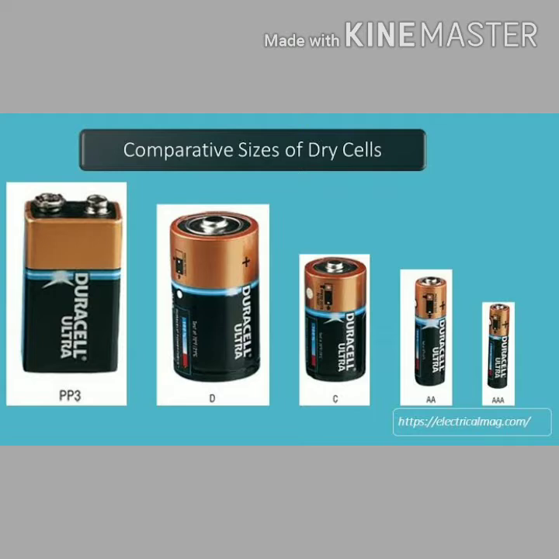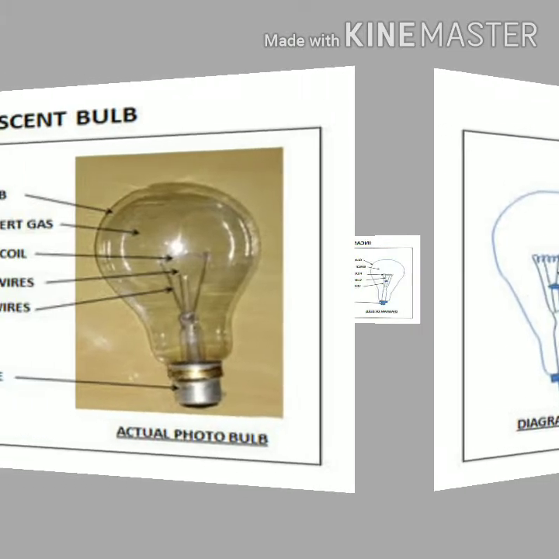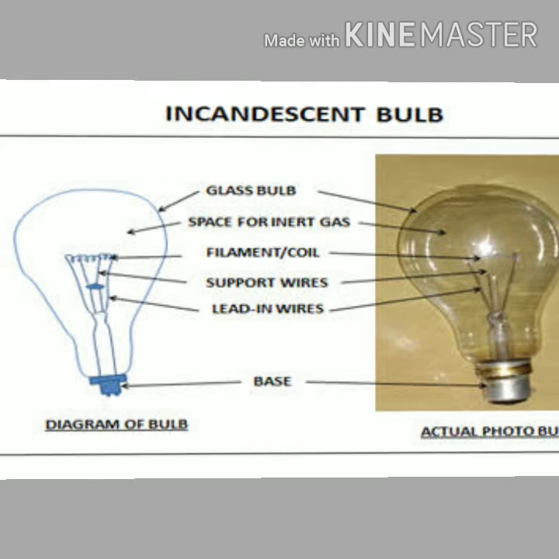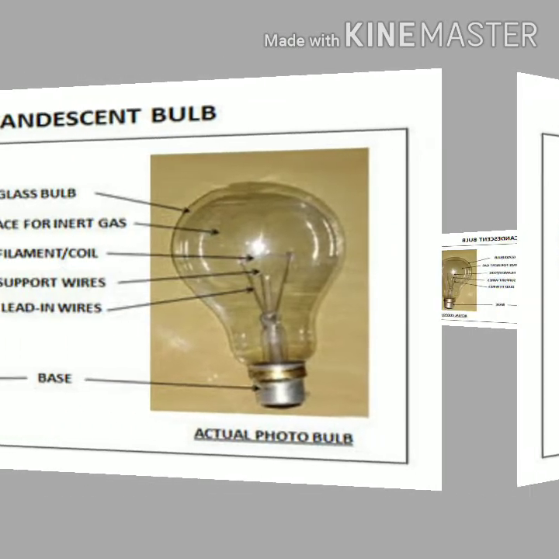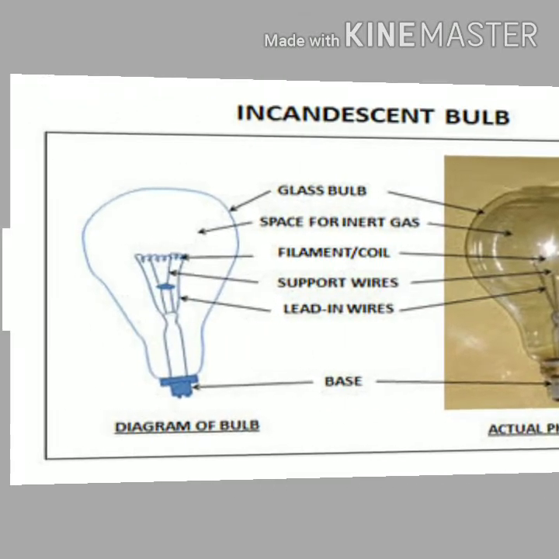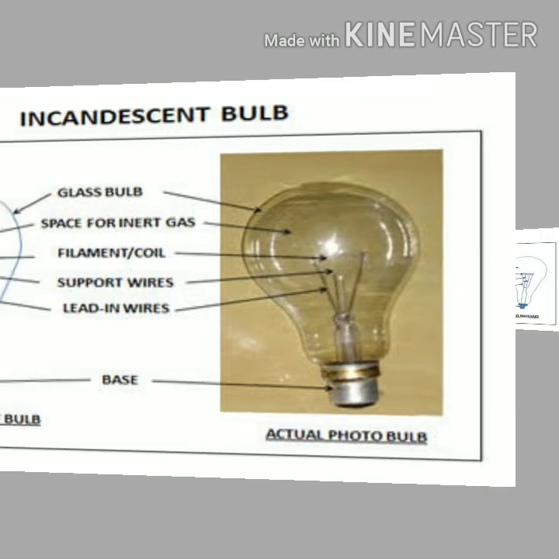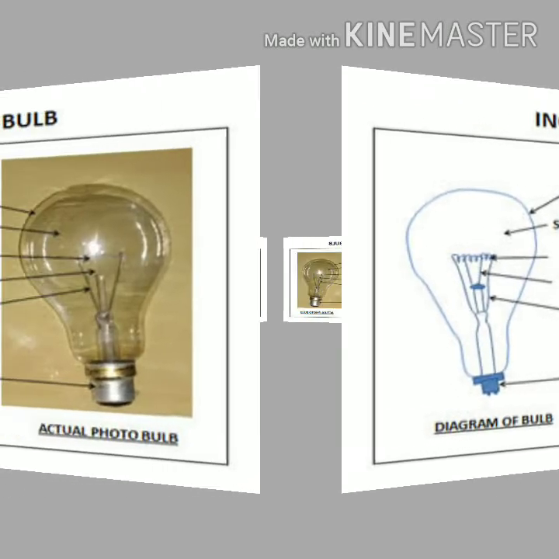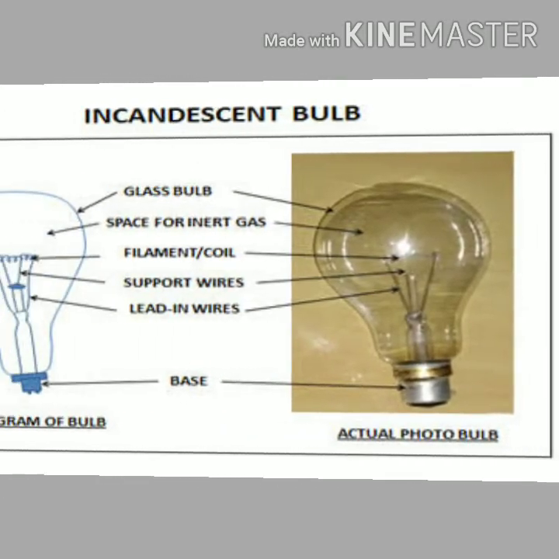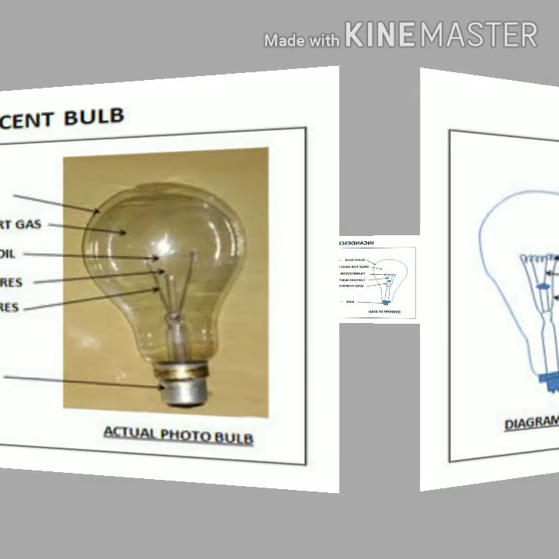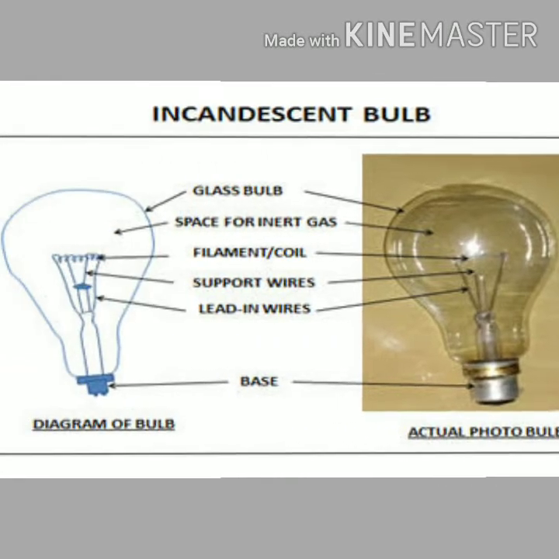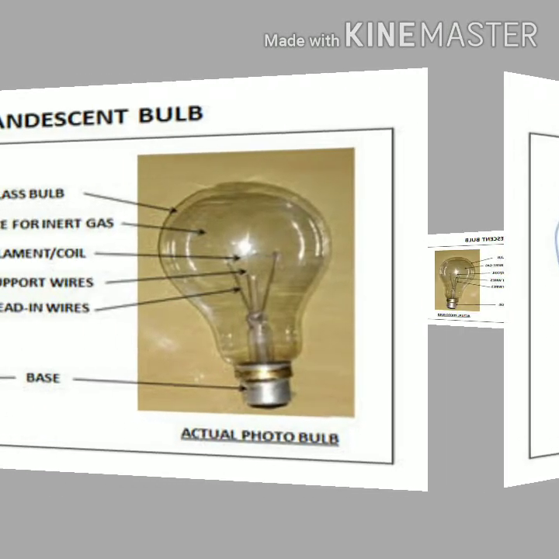Now the next is the electric bulb. An electric bulb is made up of spherical glass which is attached to a metallic base. There is a filament inside the bulb. The filament is made up of tungsten metal. The filament is attached to two wires. One of the wires is attached to the metallic base of the bulb. Another wire is attached to the side of the metallic portion of the bulb. The side of the bulb is the negative pole while the bottom is the positive pole.